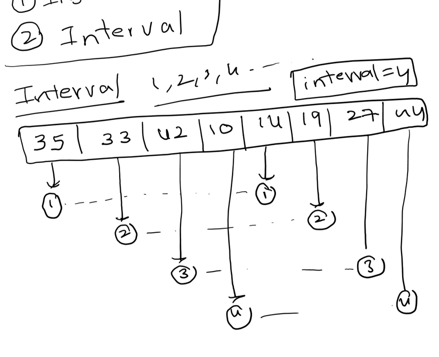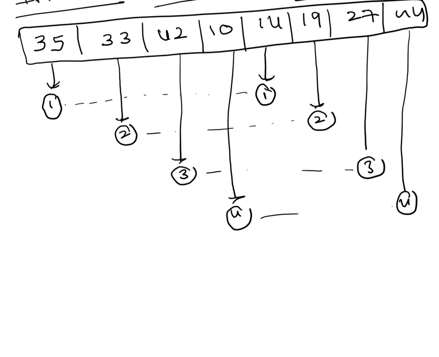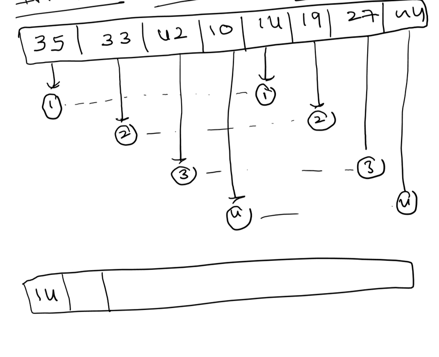Now what I am doing here is comparing both the elements, 1 and 1: 35 and 14. So 14 is lesser than 35. So I have compared, then you swap the element. So I am swapping. 14 will be here. 1, 2, 3, 4, 5, 6, 7, 8 elements are there, right? Seven. So 33, 42, 35. Now I am swapping 35 and 14. First I have compared. 14 is lesser, so I am putting it in front.